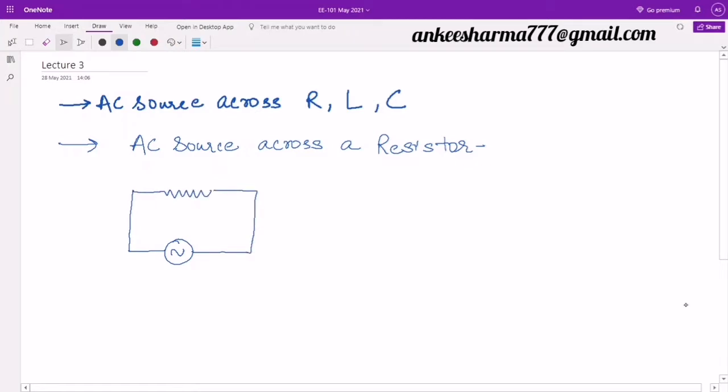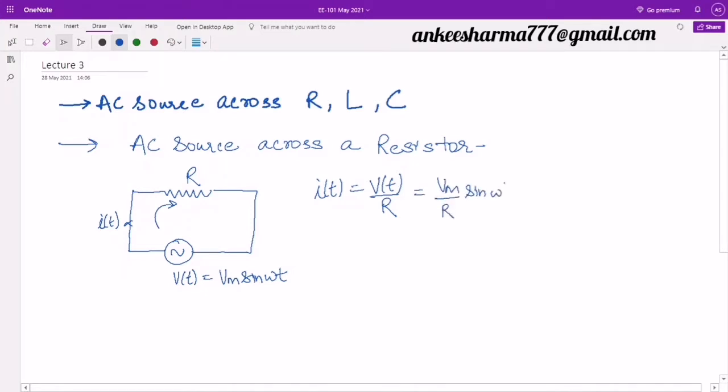Definitely when it will be a closed path, some current will flow through it. I will name that current, which is also time varying, I of t, and this voltage, if I assume V of t, which is a very simple sinusoidal equation, represented as Vm sine omega t, and this will be my R, then I will say that I of t, which is the current flowing in this circuit closed path, is nothing but equal to V of t by R, or simply you can write it as Vm by capital R, that which is the resistance, sine of omega t,